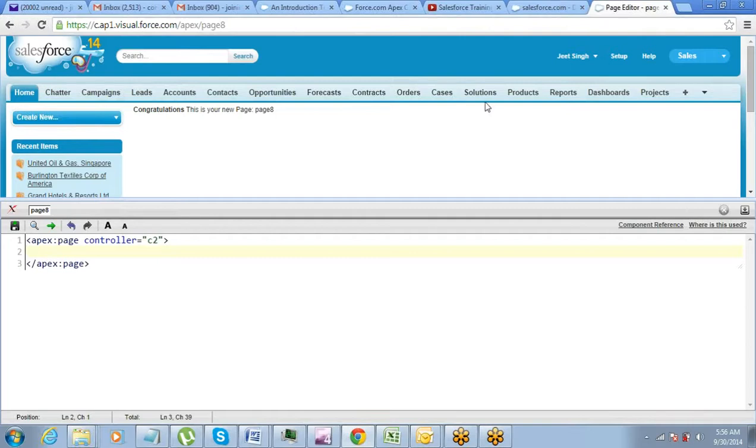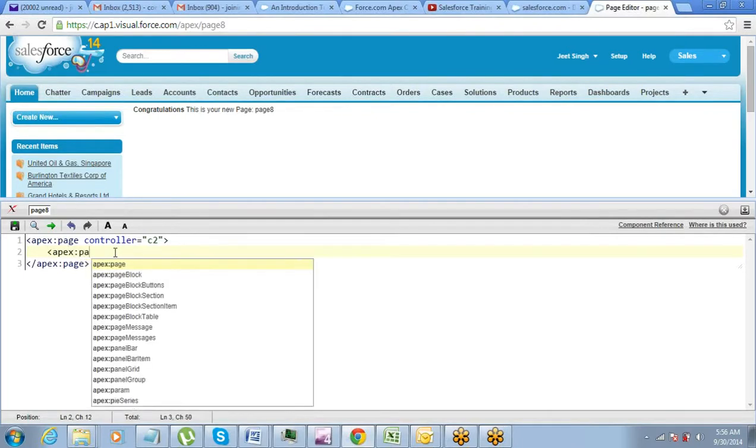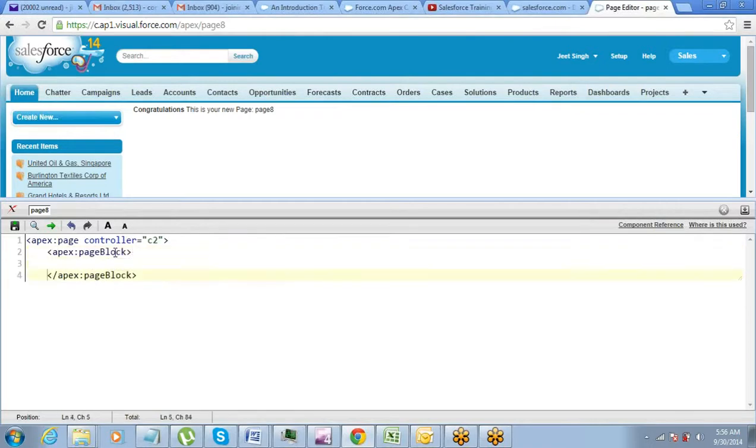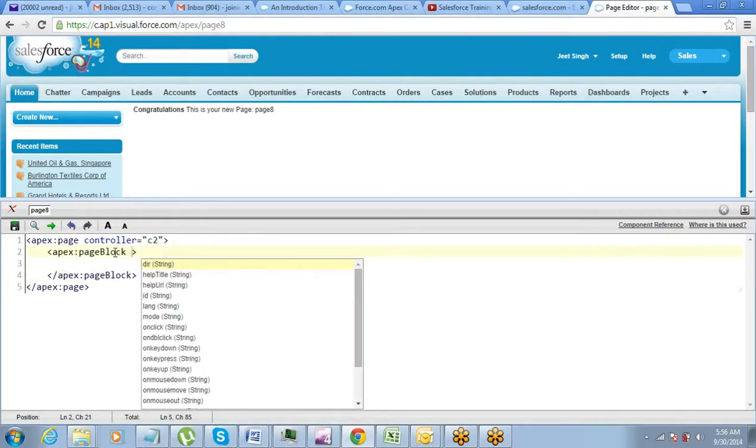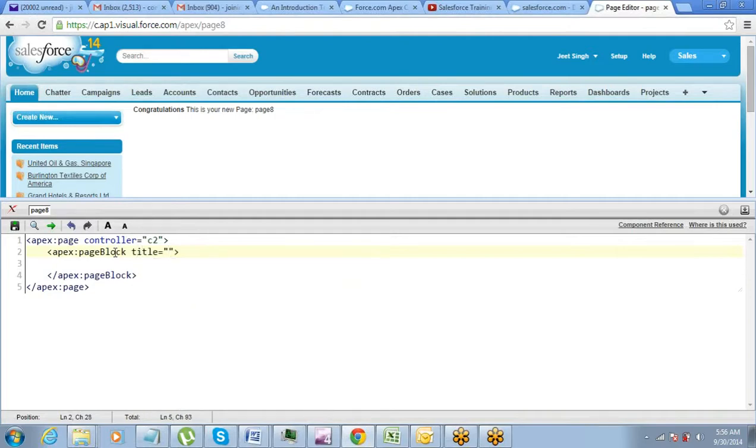I cannot display multiple records without a table. So I need the help of a table. We have already created a table. We know how to create a table. Let's use a page block. And then you put a title here, call it list of accounts.